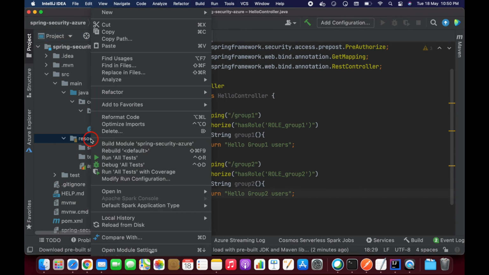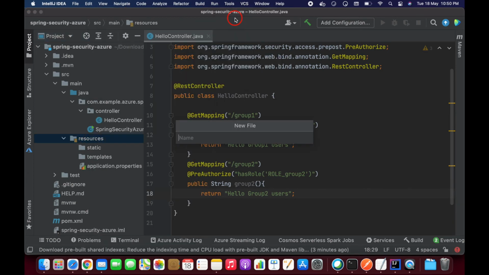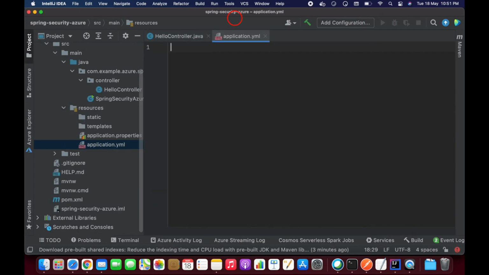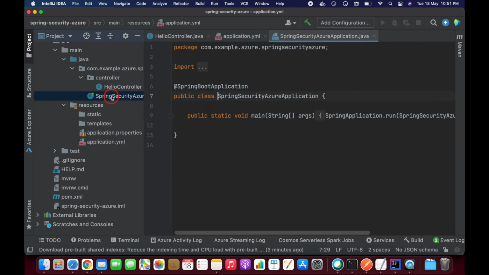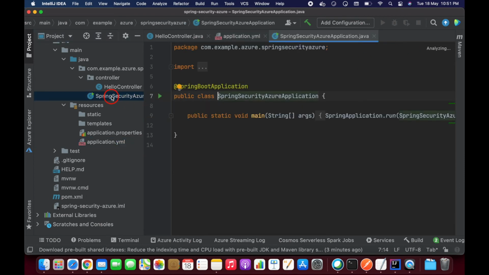Go to resources, click on new YAML file. Let's paste it here. Go to your main application. This is my main application, right, guys? Here I need to add some code.